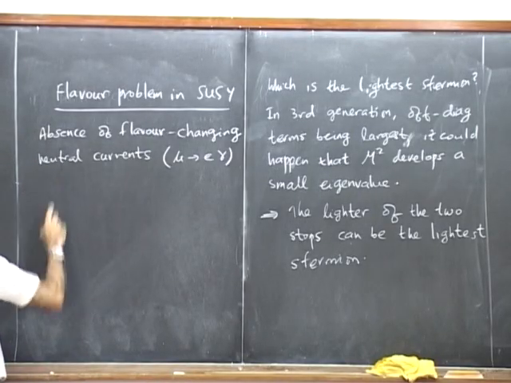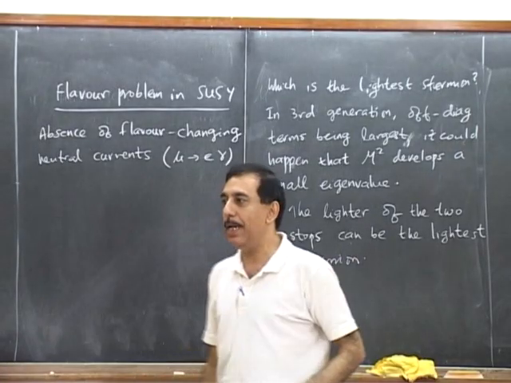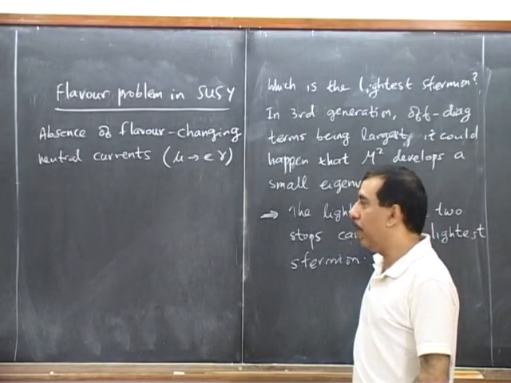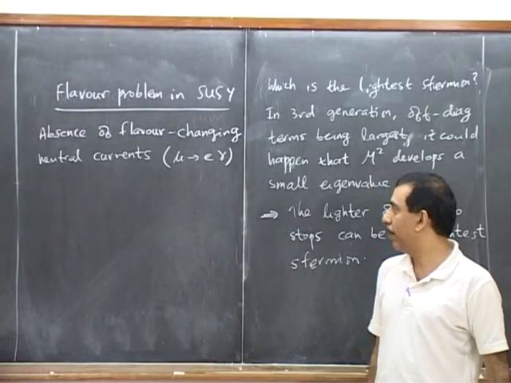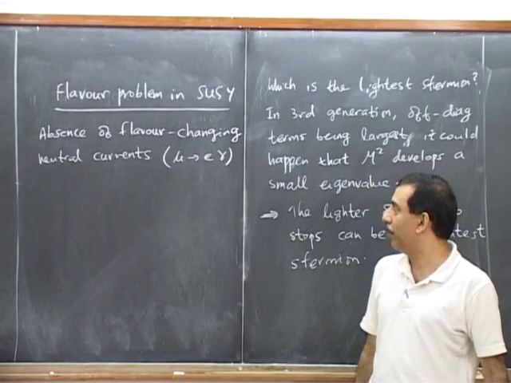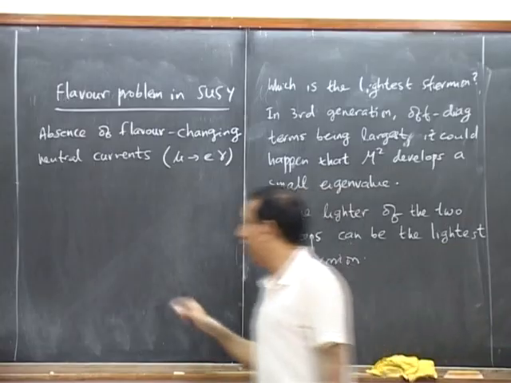So, the point I'm trying to make is that this generic mixing I've been writing here could generate processes which would do exactly this, which we don't want. Okay, so this is one example of the flavor problem. More generally,